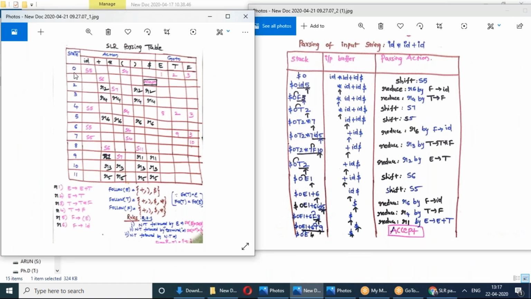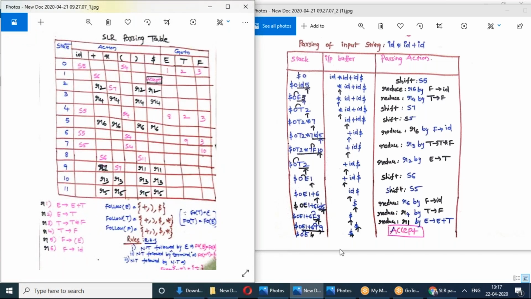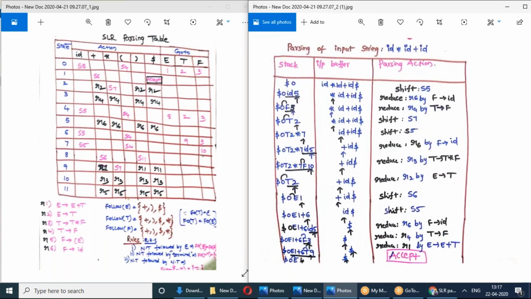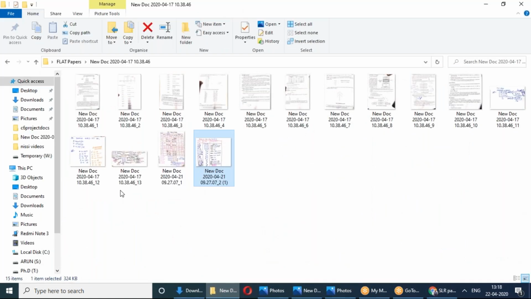Now, by using this table, let us parse the given input string. The SLR parser has a stack, input buffer and parsing table. If you want to see that diagram, I'll show you. See here.